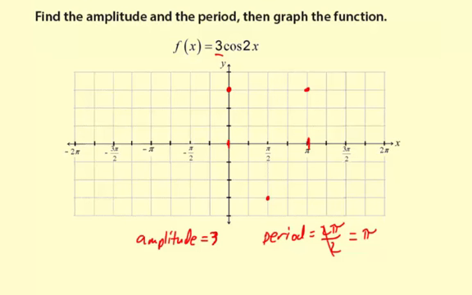And halfway in between the maximum and minimum is going to be a 0. And halfway between the minimum and the maximum is going to be a 0. So by understanding the general shape of a cosine function, I was able to create all of the important points. I know that it starts with a maximum, and then it ends with a maximum. Halfway in between is the minimum, and then halfway in between each of those is a 0. So now, all I need to do is extend the pattern a little further, and then I can graph my cosine function. So what I'm going to do is I'm just going to continue this pattern,